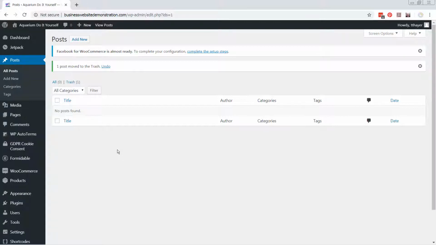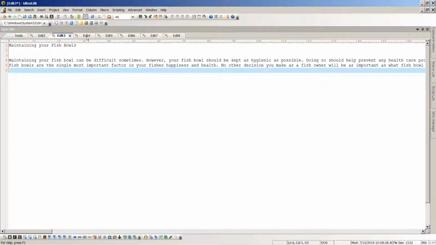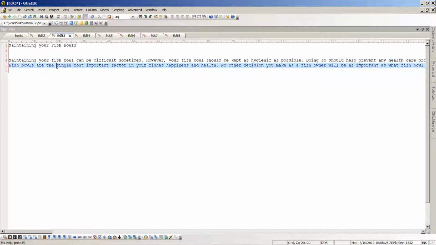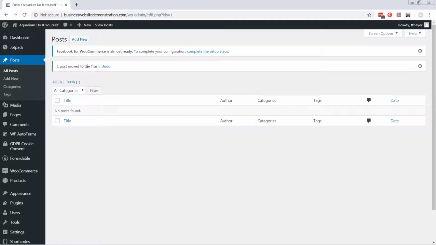Now, there's a few things that Google looks for when you're creating content. So we're going to go through each post type that I've got here. I've actually created 6 different post types, and we're going to go through them all. We're going to start off with this one, maintaining your fish bowls. Now, to add the post, we simply say add new,